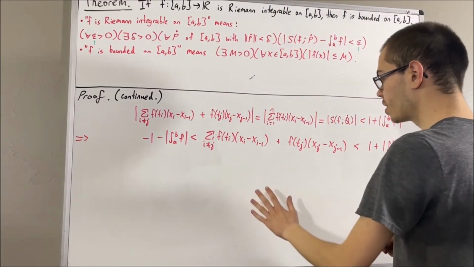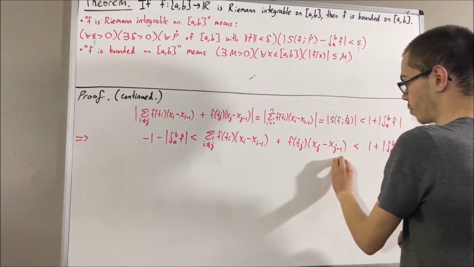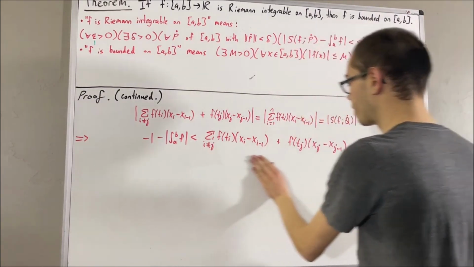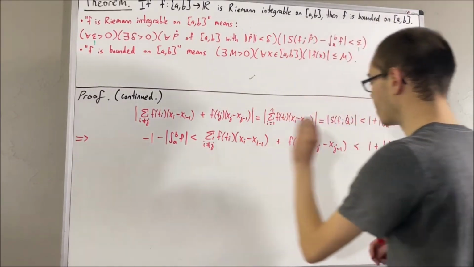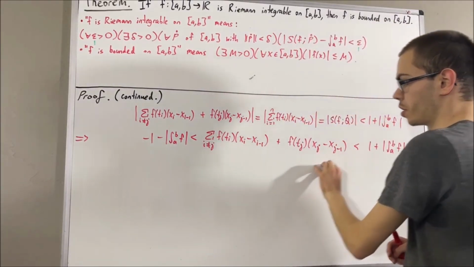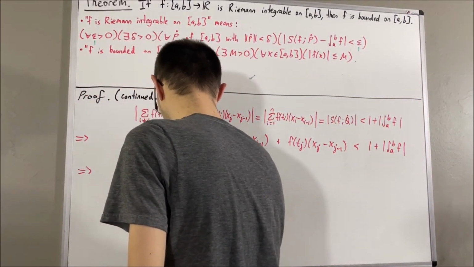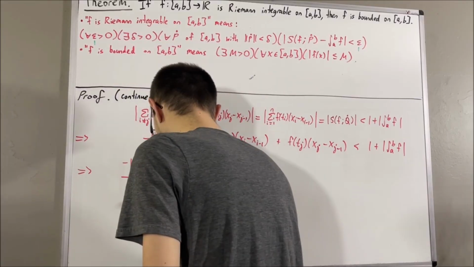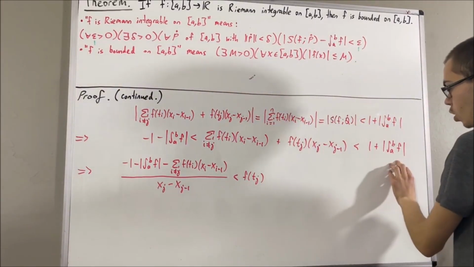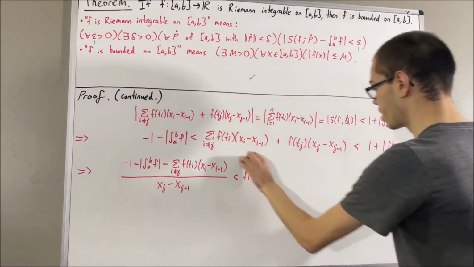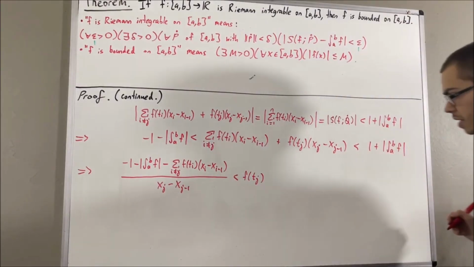But now what we're going to do is solve for f of tj in this middle expression. Focusing on the left-hand inequality, we're going to subtract this sum to the other side and divide xj minus 1 to the other side, and we would get this. But then on the right-hand inequality, we're going to subtract this sum to the other side and divide xj minus 1 to the other side, and we would get